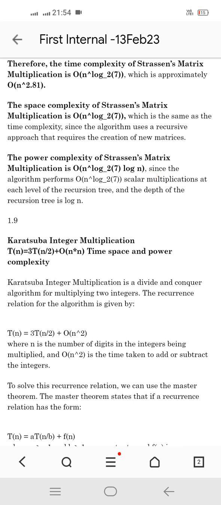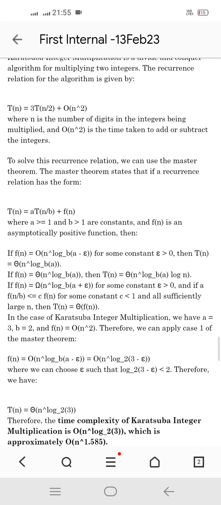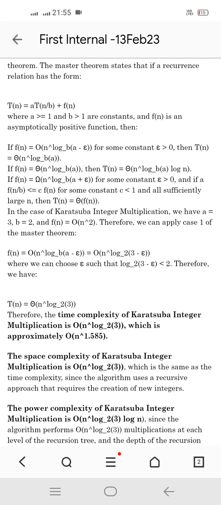The ninth algorithm is Karatsuba integer multiplication. The recurrence relation for this algorithm is given by T of n is equal to 3T of n by 2 plus order of n square. By solving this recurrence relation using Master's theorem, we get the time complexity of this algorithm as order of n to the power 1.585. The space complexity of this algorithm is given by order of n to the power